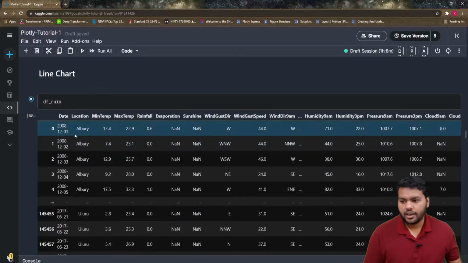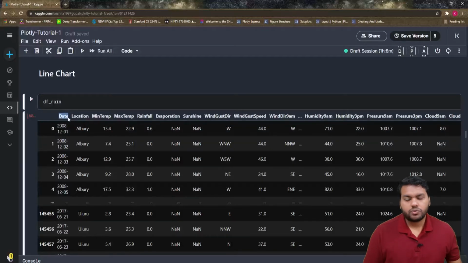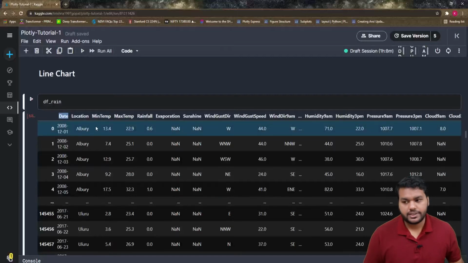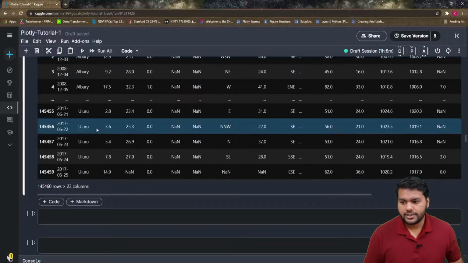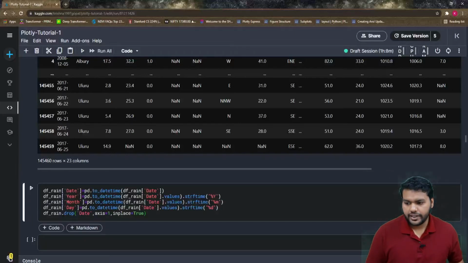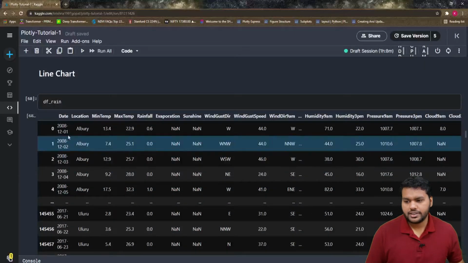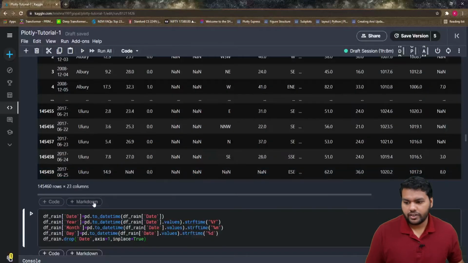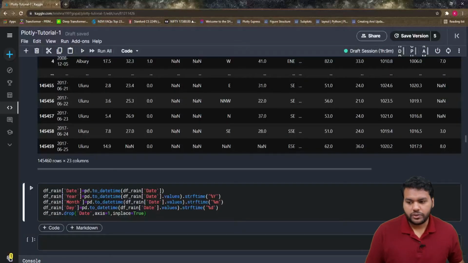As I told, we have this date column. From this date column I'm going to fetch the year, the day and the month into different columns, and then we will delete this date column from the data frame, the df data frame. Let's see how we can do this. We pass the df first. As this date is an object, first I convert it to datetime: pd.to_datetime of df date. Now it becomes a datetime